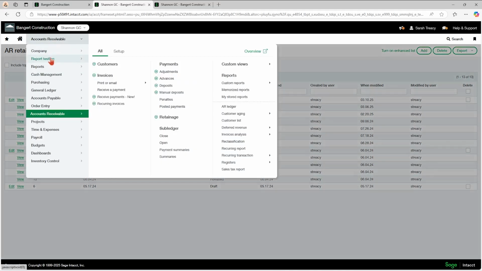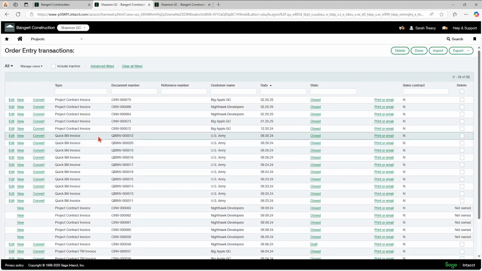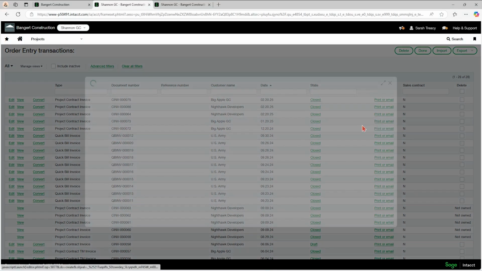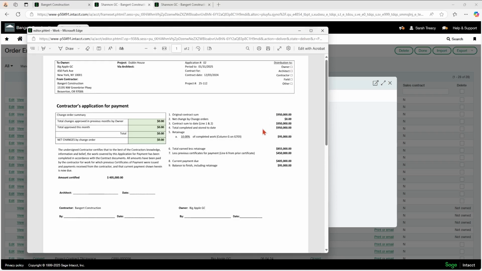But let's say you are a subcontractor and you release retainage maybe on one or two projects a month, and you want to be able to print an invoice out of the system that looks the exact same as the printed document templates that you have for your progress billing. So you wanted it to look like this, but you wanted it to be your retainage release.